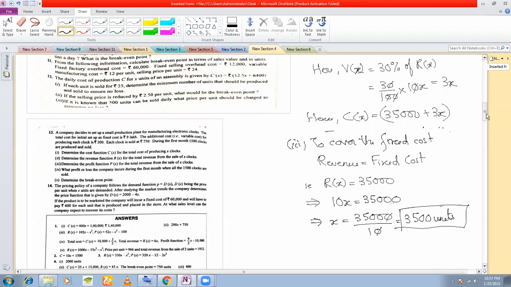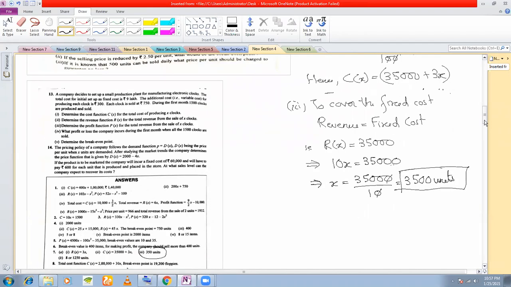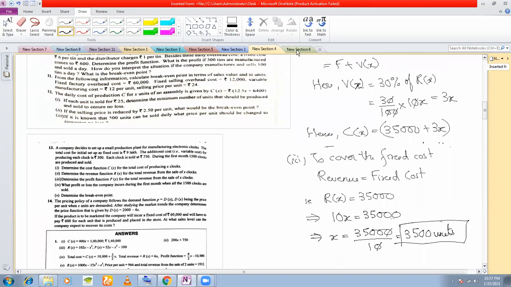A 10 is missing here in the answer. Clear? So total revenue must be equal to fixed cost to cover the fixed cost. Did you understand? Okay, so 7B I will not be doing, and